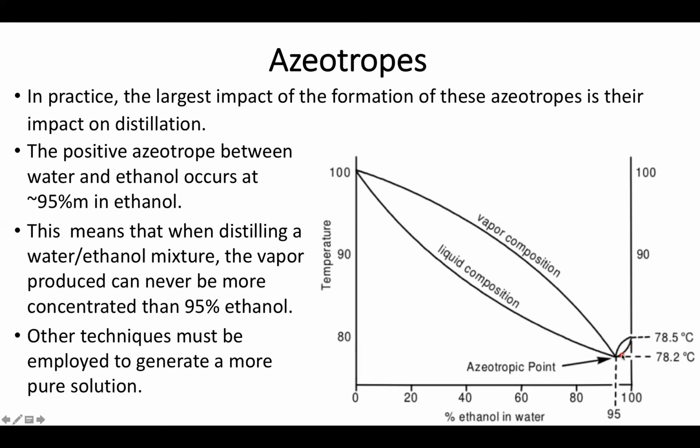And this has a lot of implications in refining any number of other substances. This will be a rule that we'll be finding going forward: while ideally you can make a pure product, in practice, there's always something that gets in the way. In this case, azeotropes prevent the formation of a lot of different pure species, and contaminants are always a problem.